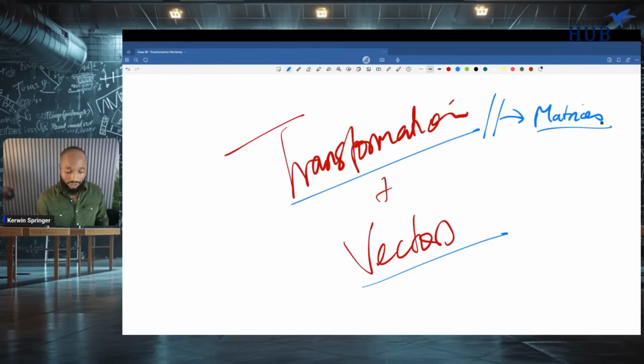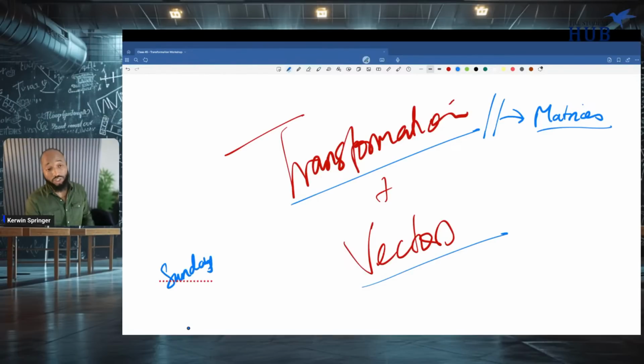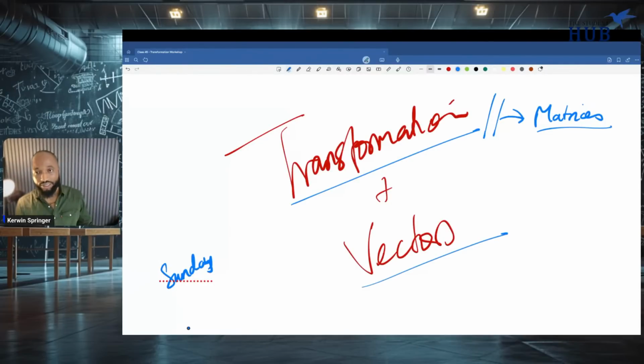So we'll pick up some more on this next week Sunday. Once I get some energy, I won't be doing this. I would probably be doing an algebra workshop that I already have prepped. And algebra is foundational work. This is advanced stuff, what we just did, the ending of the revision.